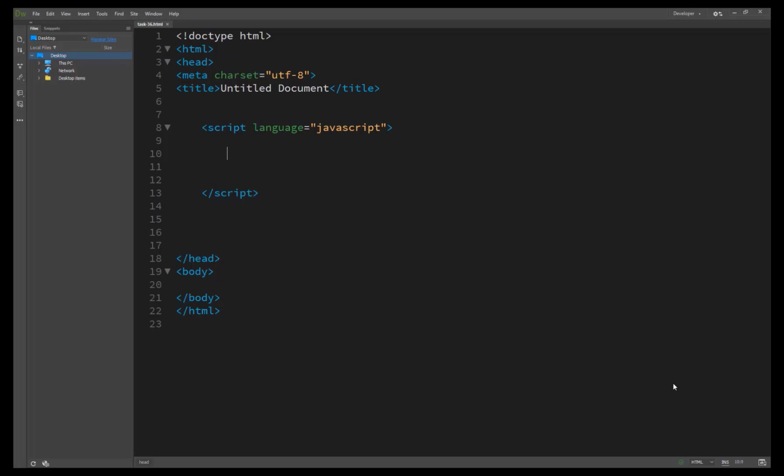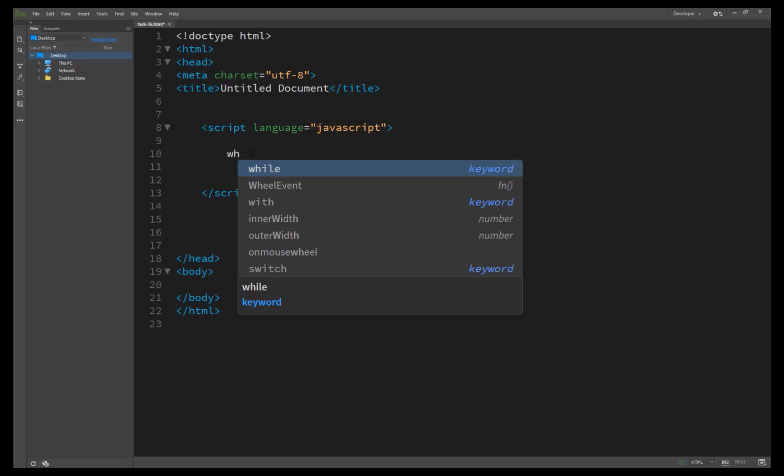So now we are starting our task number 36. It's looping on a condition. In the previous task 33, you saw an example of a for loop. This loop was used for counting, and another useful type of loop is basically a conditional loop. The form of this loop is a while loop. It's only for checking a condition inside the loop. We can easily check whether our condition is true or false. So we have just written the while loop here.